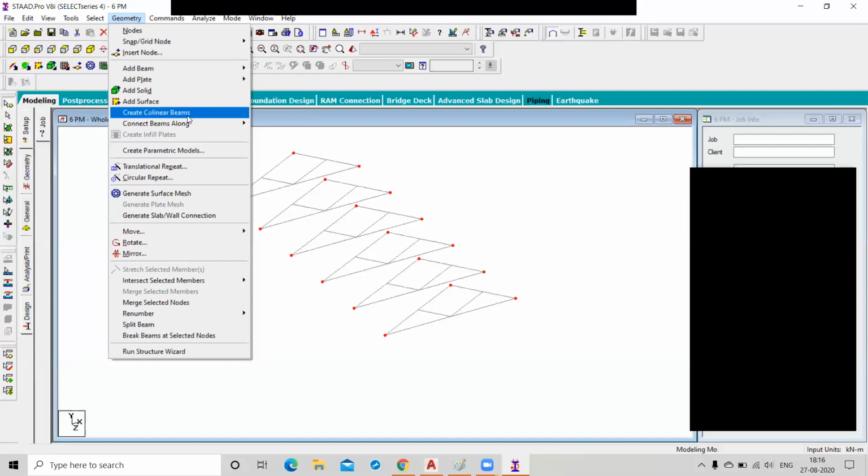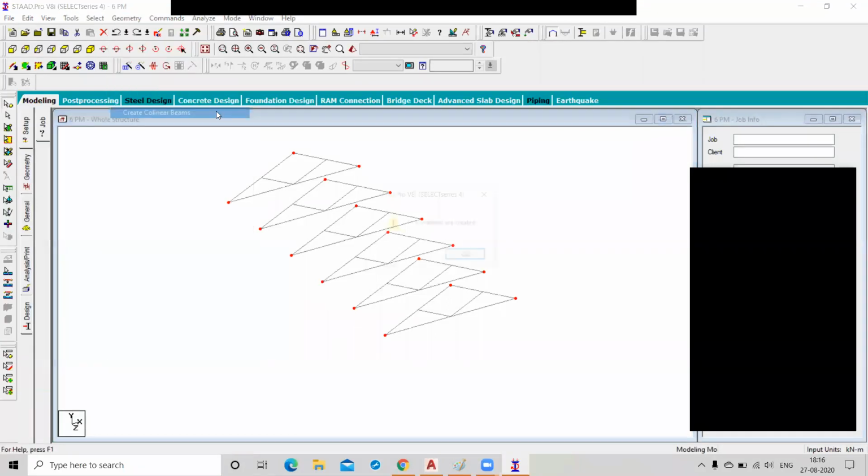So you can easily just click on create collinear points. How many members are created? 15. Now this time all the right things are connected.